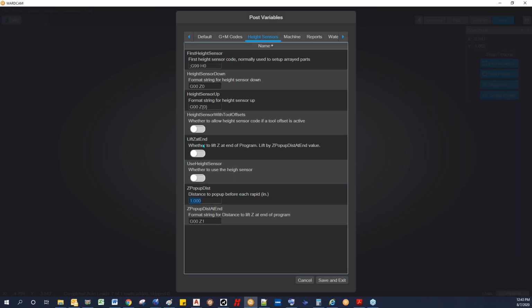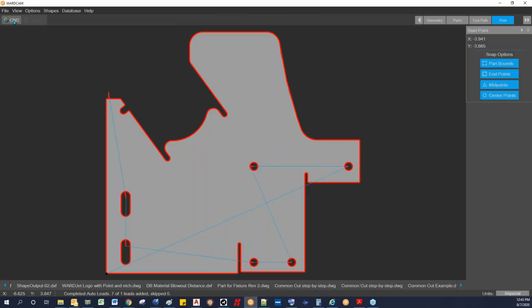You can also tell it to lift at the end of the program, because normally WARDCam wouldn't do that. So if at the end of the program you want the cutting head to lift up an amount so you can then jog out of the way and hopefully avoid any clamps, if you turn this on, then it'll use this field down here at the end of the program to lift. So if you want to lift by a different value, you can tell it to lift by 2 inches at the end of the program. And so now if we go ahead and make this file,